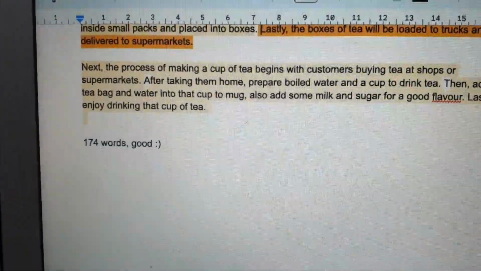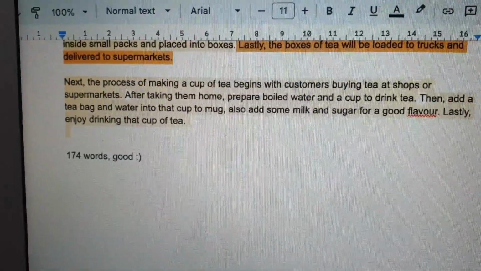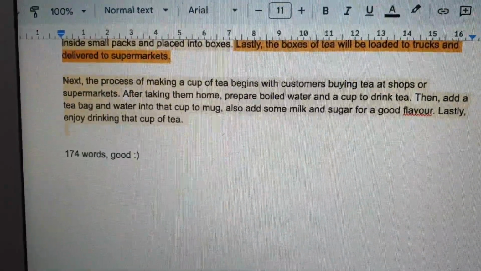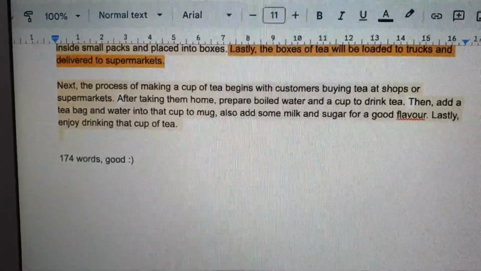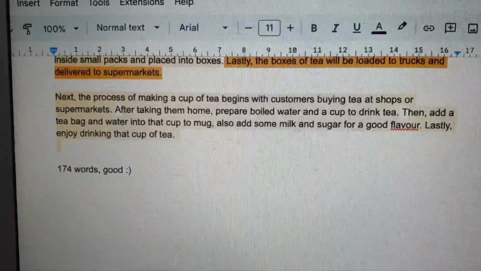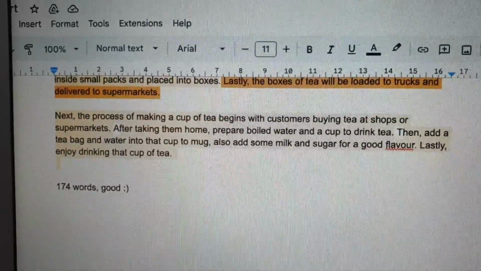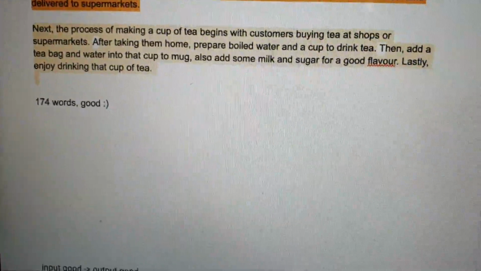Next, the process of making tea. So we say this is when the process of making tea begins. Okay, after brought home, tea is added to put in a cup, followed by boiling water. Then, sugar and milk are added. And the last sentence,